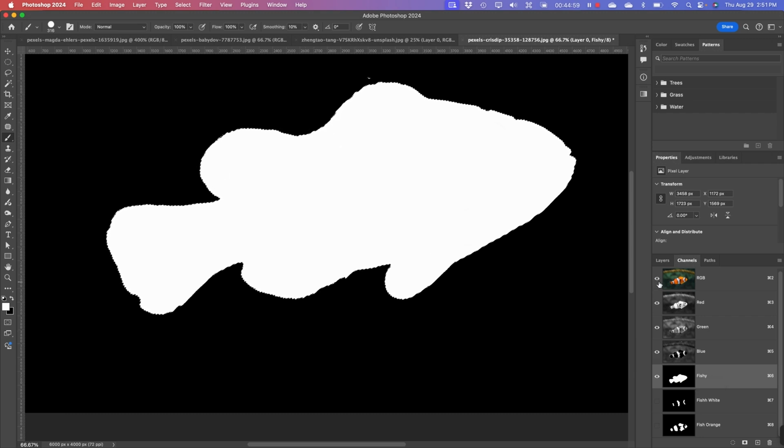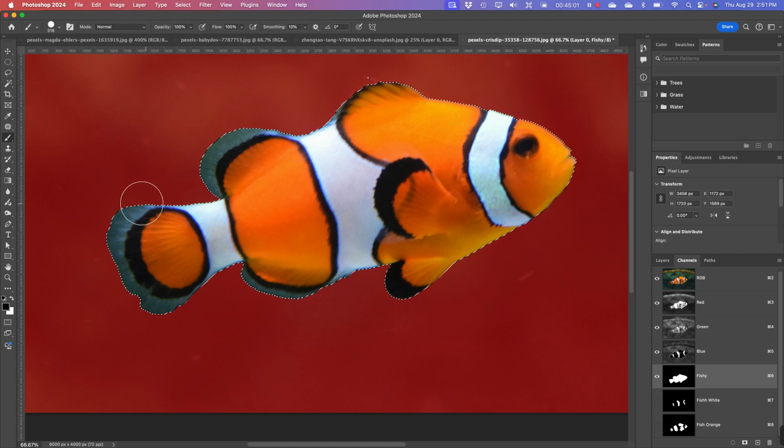And I'm going to turn my RGB back on so I can see. So the ends of these fins are kind of translucent. The reason they're dark here is that our original background image was dark and we could see through them. So I can give these a little bit of translucency